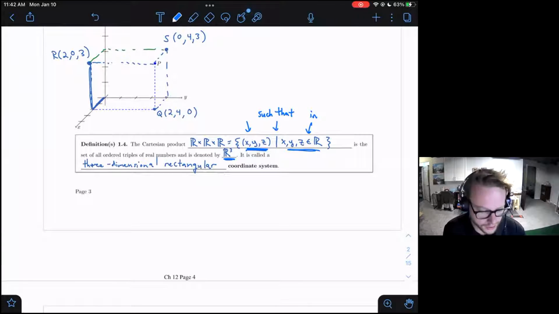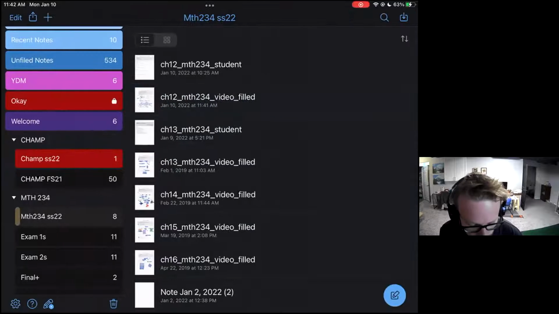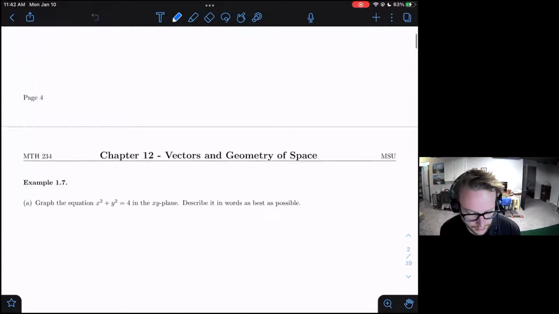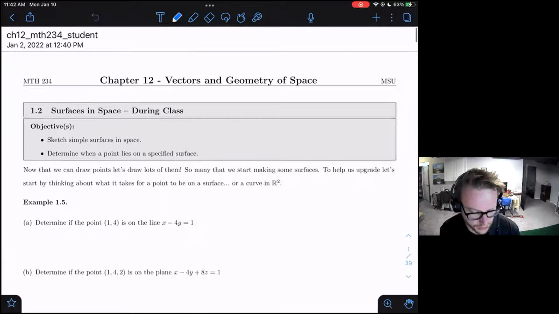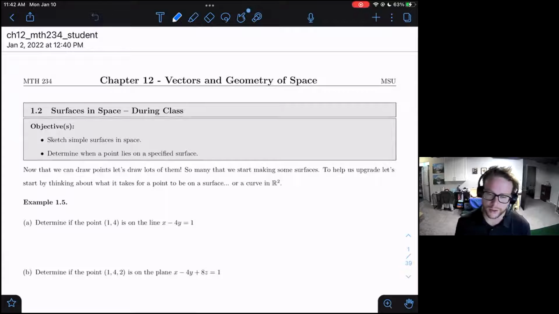And so you may notice, let's see, I think I actually, do I still have that page? No, I do not still have that page. But so the vector stuff, the 12.2, I just have a couple of videos for you to watch about that. But we're going to be, of course, upgrading, talking a lot about vectors, in 12.3, 12.4, kind of, a lot throughout the rest of the semester.